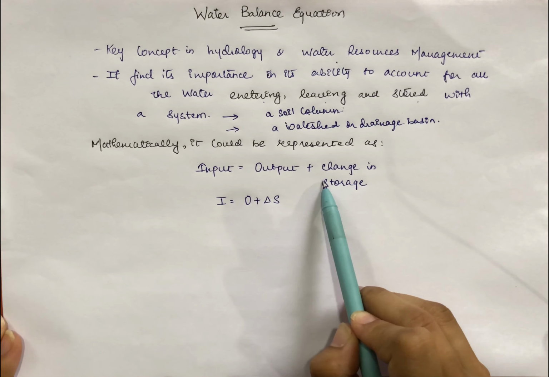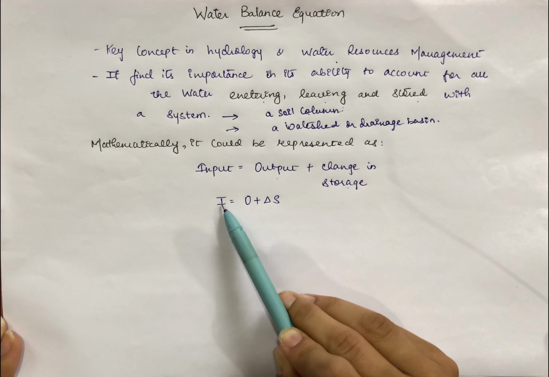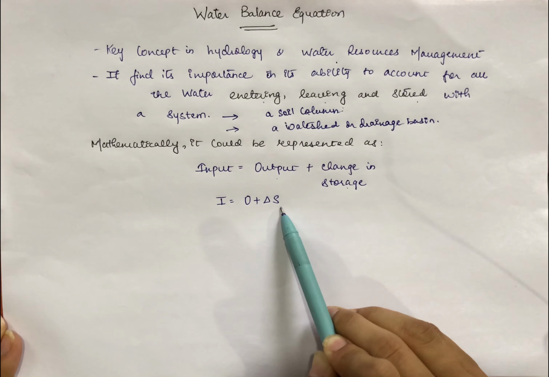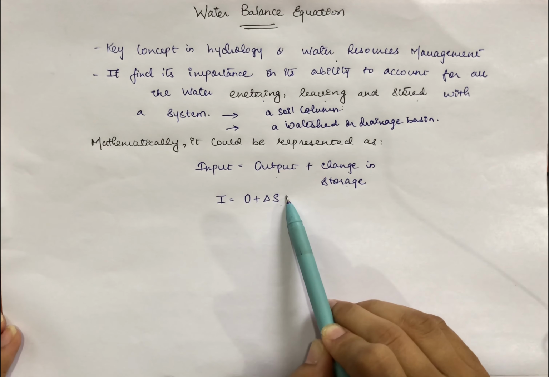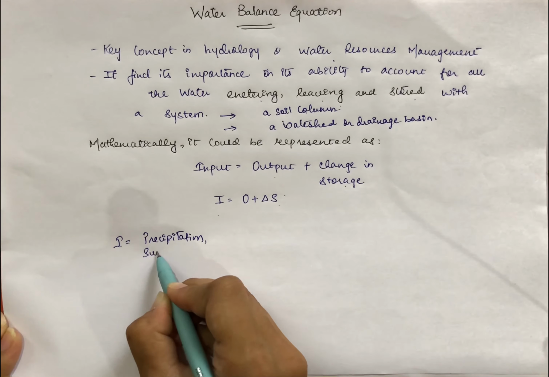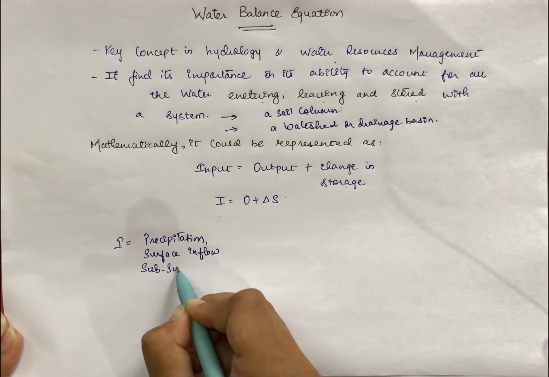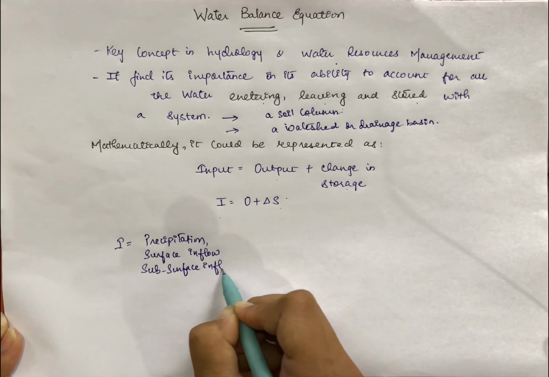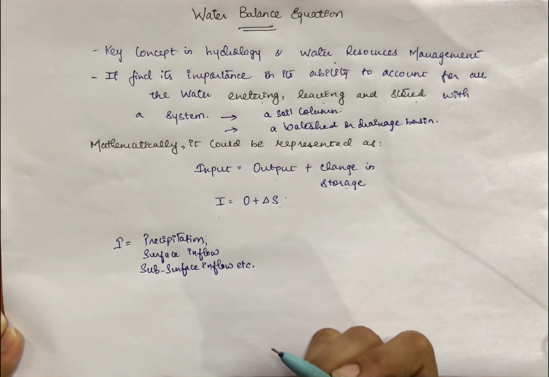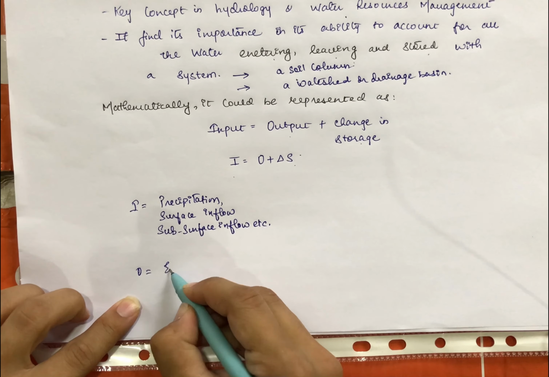Mathematically this equation can be represented as input is equal to output plus change in storage, that is I = O + ΔS. Now when we see this equation from a hydrology point of view, the input parameters could be precipitation, surface inflow, subsurface inflow, etc. Then if we talk about output, it would be evaporation,